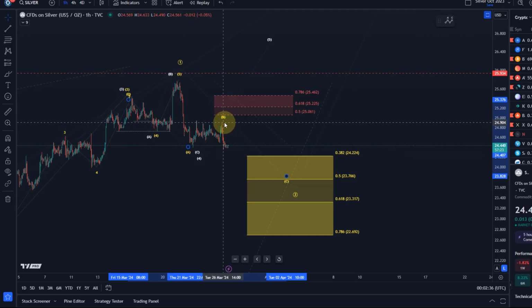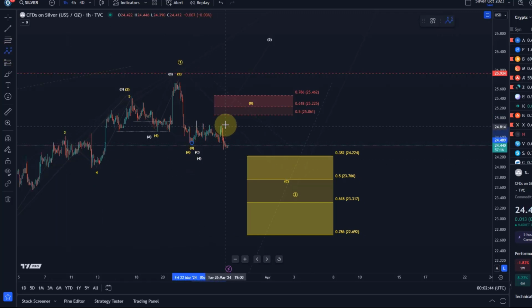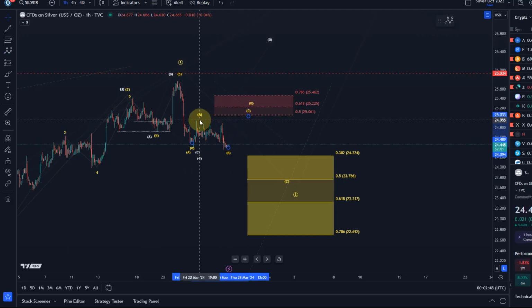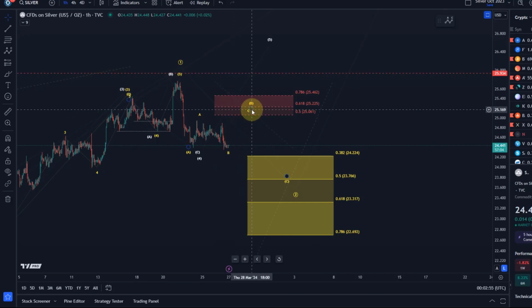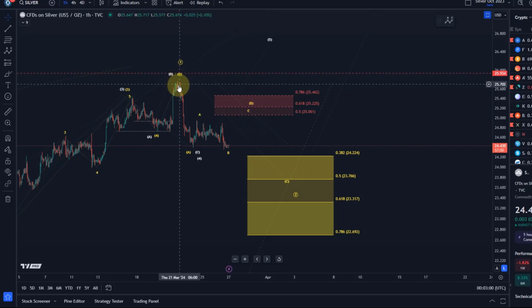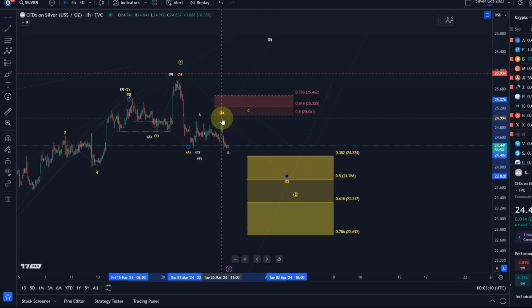Because the B wave was so shallow, it's possible it's still unfolding as a wider flat structure, which consists of an A, B, C structure, or rather A, B, C in wave B. So we should consider that. Don't be surprised if we rally into resistance from here. That would give us a healthy B wave, a lower high compared to the 21st of March high, and then we can come down in wave C. If wave B bottomed already,